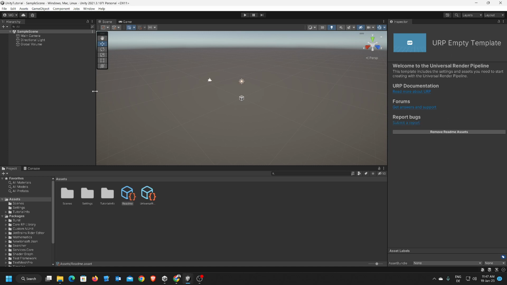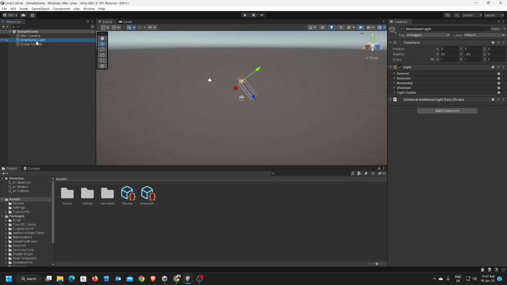But the main purpose of the inspector here is to see what our so-called game objects here in the hierarchy are doing or how they are configured. So for instance, I can select this directional light, and then the inspector changes and gives us a few parameters